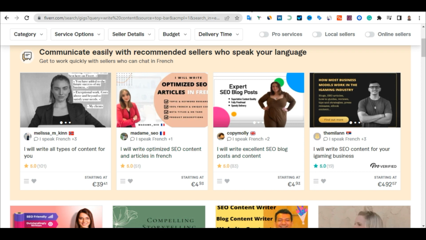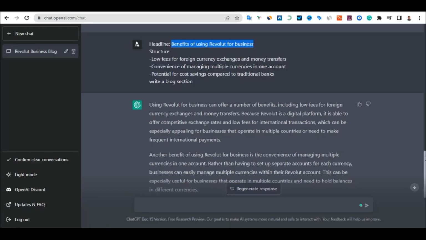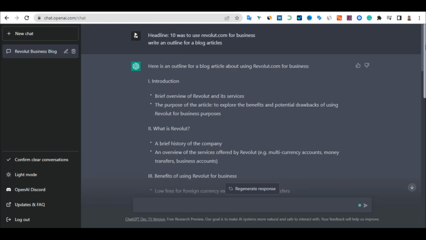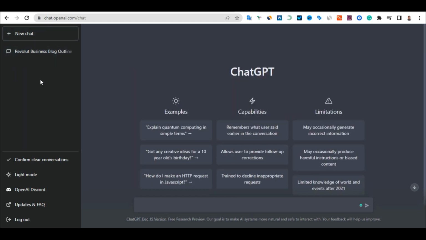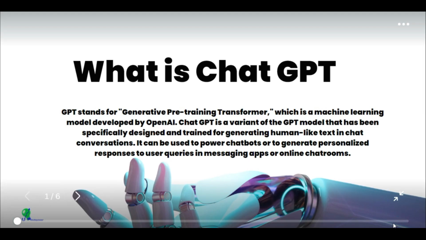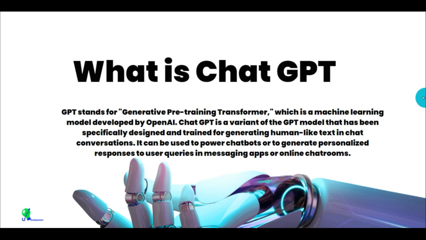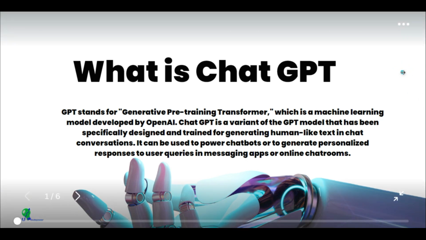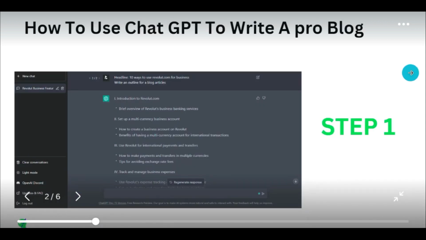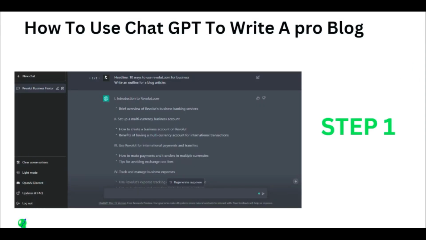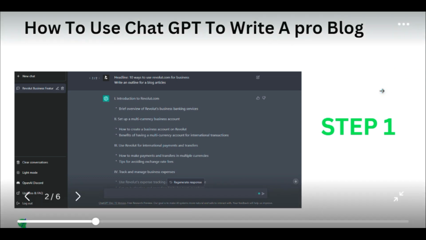You have ChatGPT that will help you to finalize everything you need to start writing or generating a blog. So to start writing a new paragraph or a new content or a new topic at all, you can just come here, click on new. So you already know what ChatGPT is, and let me show you everything you need to know about ChatGPT, what is very, very important. So how to use it. See how to use ChatGPT to write a pro blog. First, if you can look through this step-by-step guide,